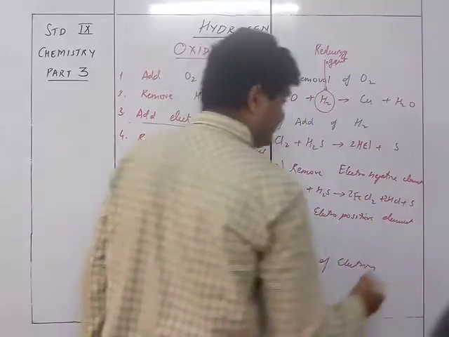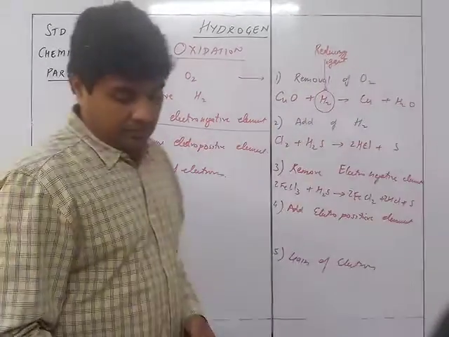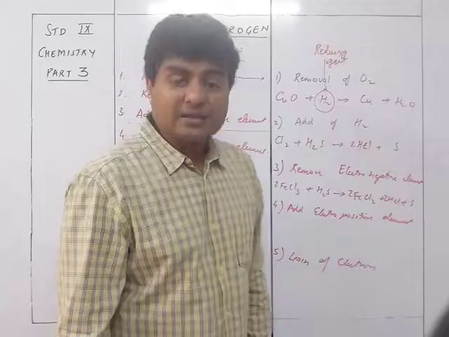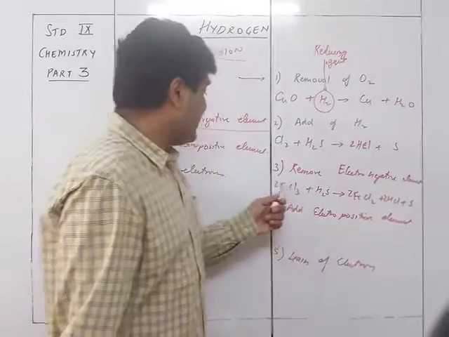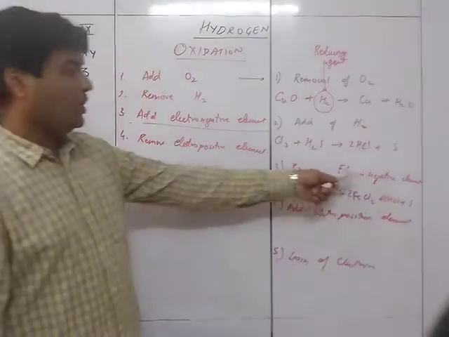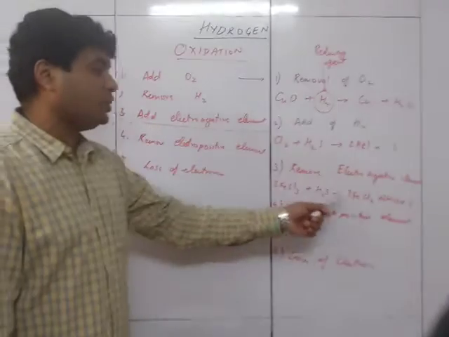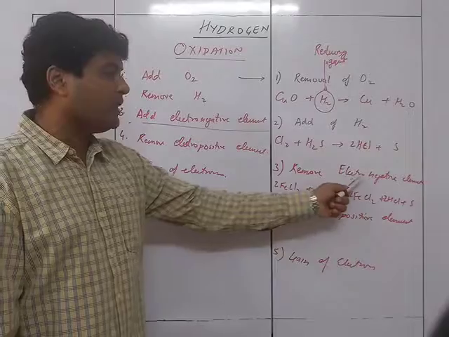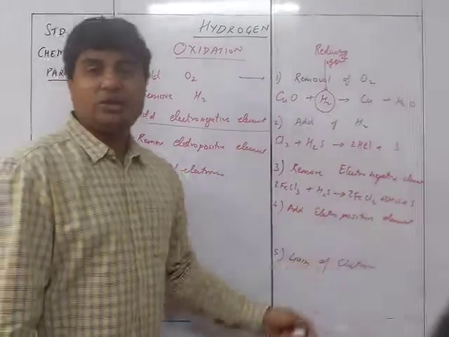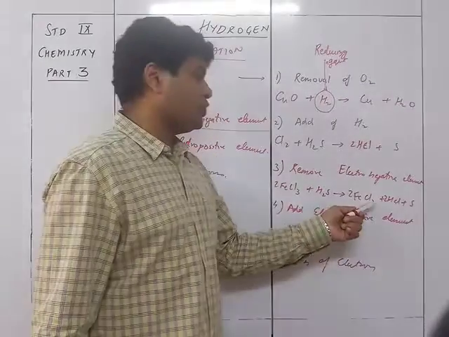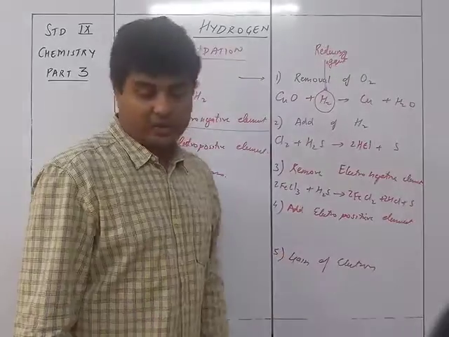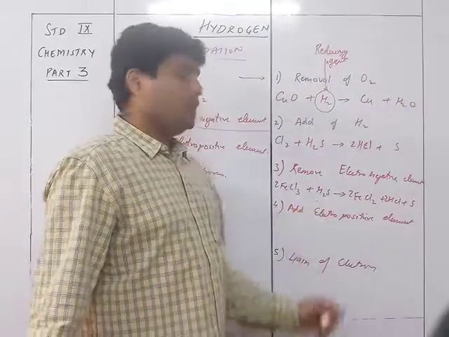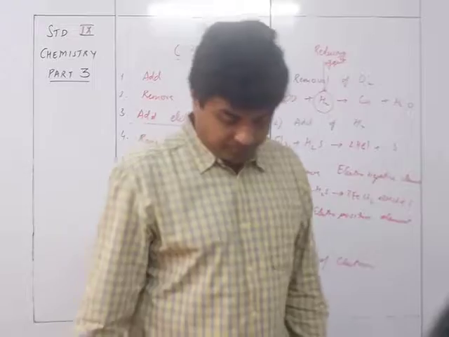So you can see over here the iron 3 chloride loses electronegative compound. Here it is removal of electronegative, means 3 में से 2 हो गया. So FeCl3 became FeCl2, so there is the removal of electronegative, hence FeCl3 got reduced to FeCl2 in this particular reaction, where H2S was the reducing agent.